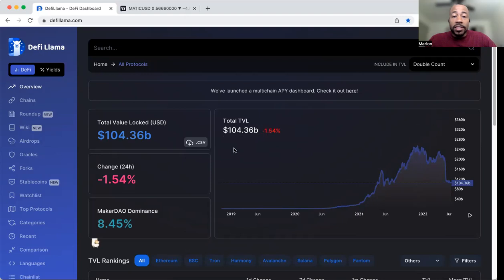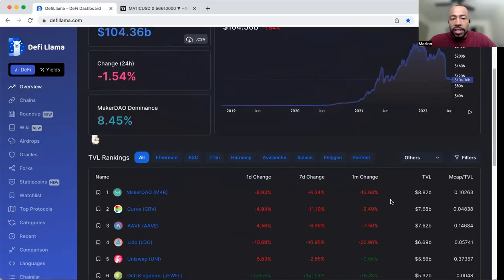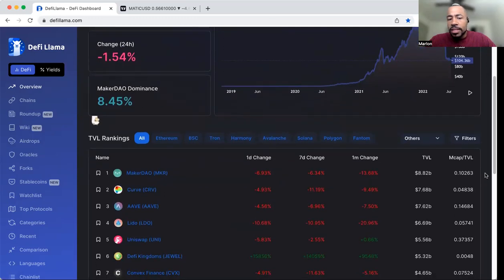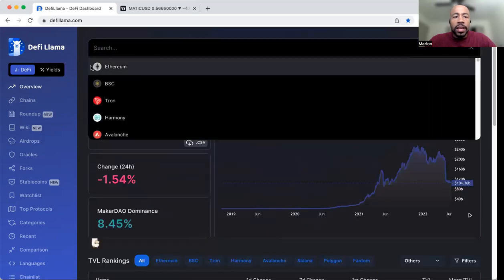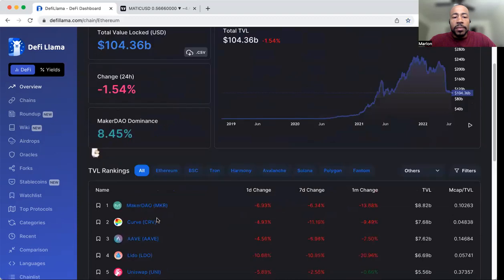But as you can see, it was at 250. We're at 100 now. So definitely a little over 60, I'd say 60 to 70% off of that. Let's say about 65% down off of that all-time high from 6 months ago. And as you can see here, just some of the top protocols with value locked up. But we want to look at what's in it. And with some of these, like for example,